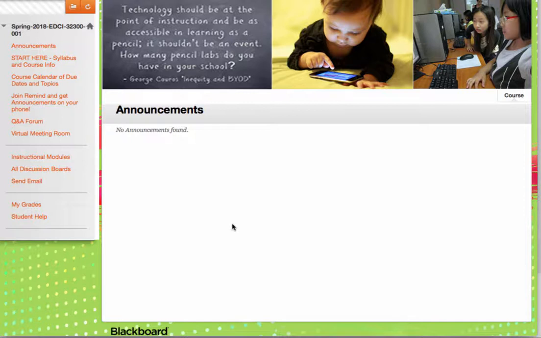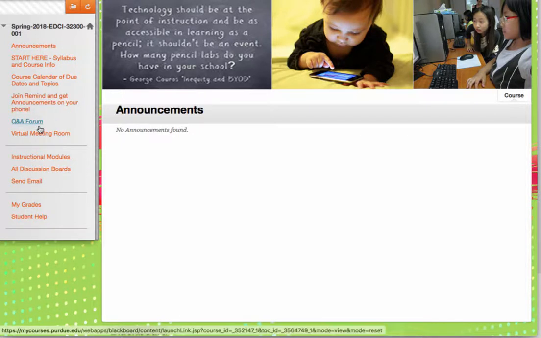for the week ahead. You can also, if you like, join the remind.com service that we have and get these shortened versions of these announcements on your phone as well as a text message. So that's an opt-in. You're welcome to do that if you want to. You share your phone number only with remind.com and not with me. But you can still go back and forth as far as texting directly to me through Remind if you wish, if you wish to send quick questions and that kind of thing to me. So that's always an option. It's available to you. You can opt in at any time.